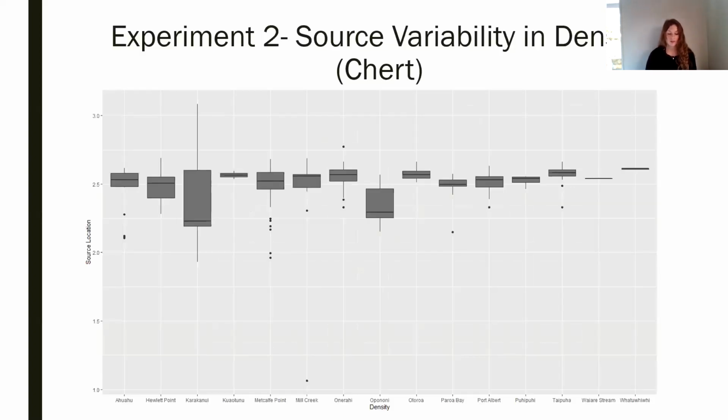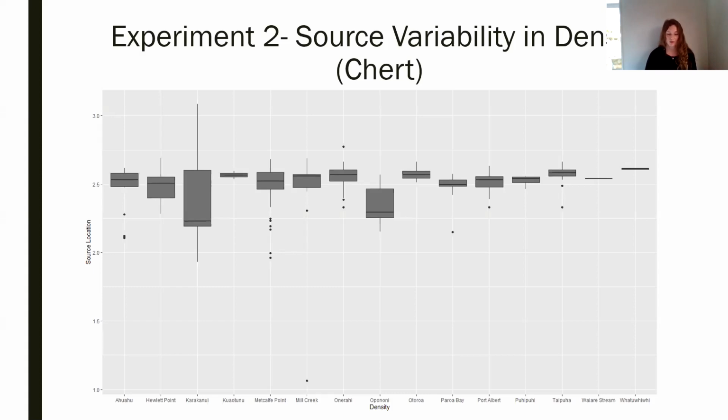The experimental density results show that chert ranges from a density of 1.1 at the minimum to 3.1 at the maximum density, with variability in between these. Kuatunu, Puhi, Waiari, and Whatuwhiwhi are the exception to this variability due to the smaller sample sizes and therefore less range. Karakonui is a notable source in the sample with the highest variability of density ranging from 1.9 to 3.1. Most chert source densities lie between 2.25 and